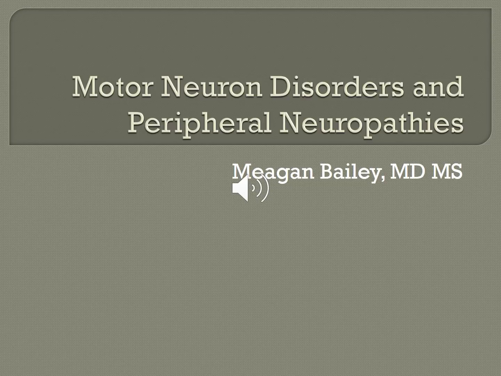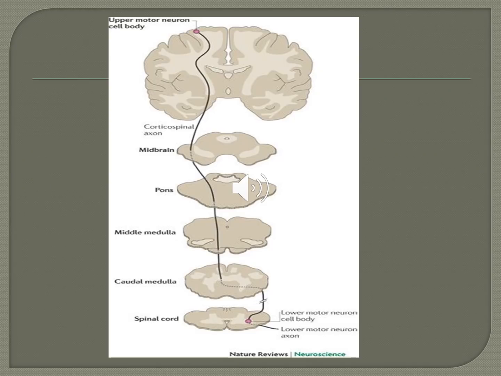Today we're going to talk a little bit about motor neuron disorders as well as disorders that affect peripheral nerves, including sensory and motor neuropathies. So this is a picture of the corticospinal tract. I'm not going to go over this in too much detail because you have other lectures that cover this topic,